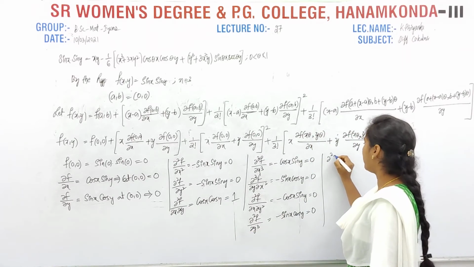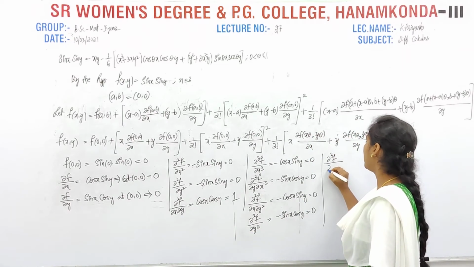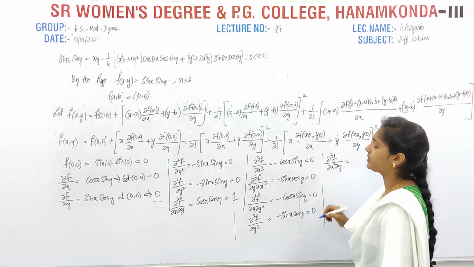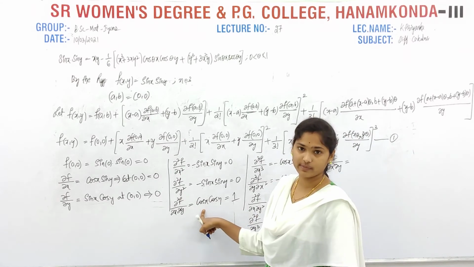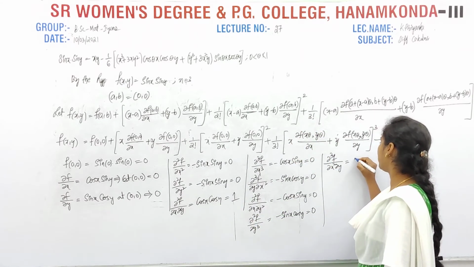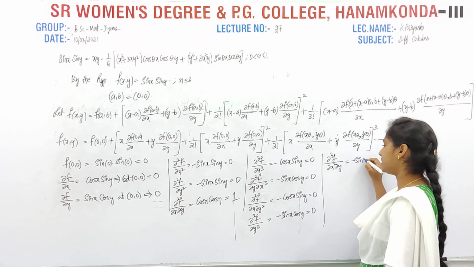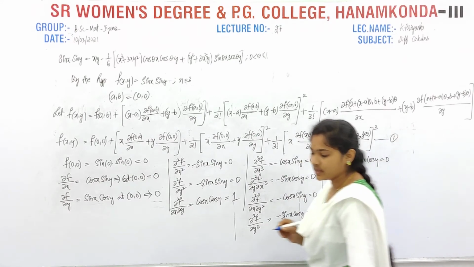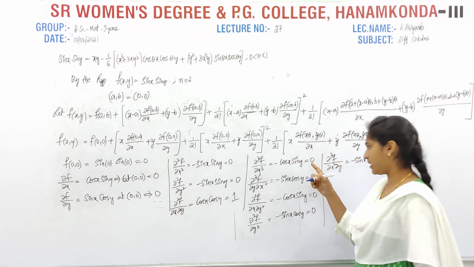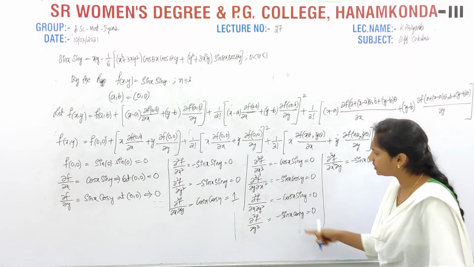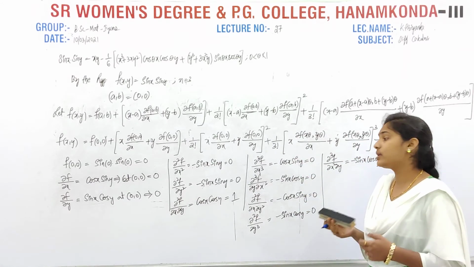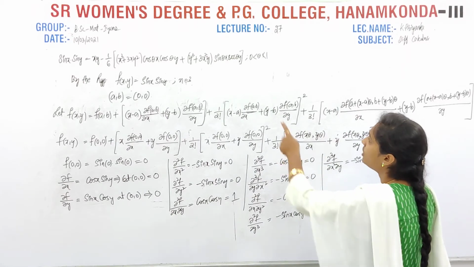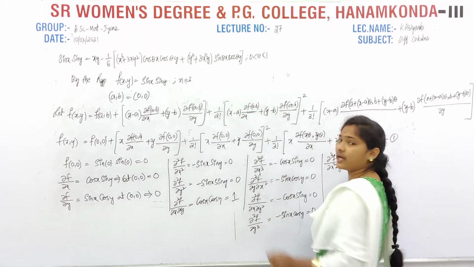Then ∂³f/∂x²∂y equal to, ∂x² means differentiate it with respect to x. Cos x derivative is minus sin x into cos y. Again it is 0. But here, if you are observing clearly, all the terms are zeros. Why? Because we are substituting at the given point. But we have to find the values in terms of θx and θy.